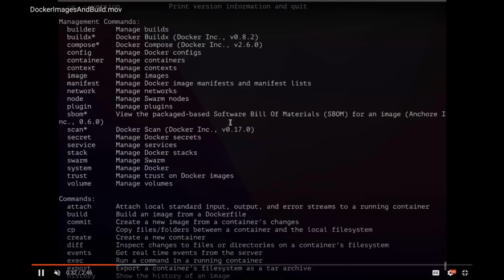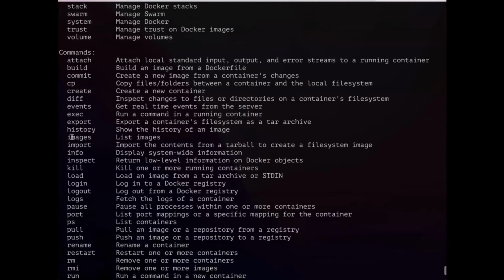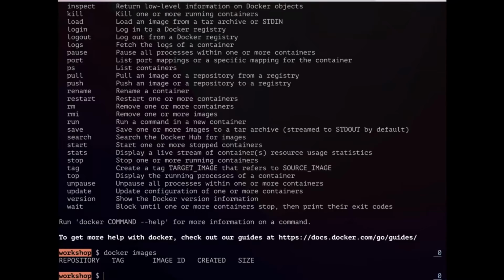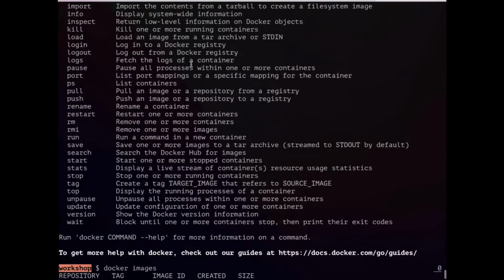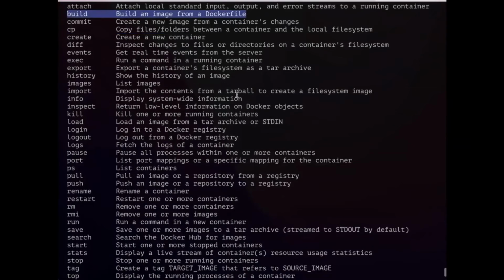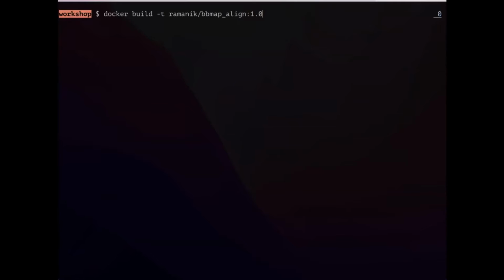And then if you look at the list of commands, you can see there's a command called images, which lists images. Let's try that out. Docker images, and you see that it came up with nothing because I don't have anything on my computer. Let's try to build something with the build command, which builds an image from a Docker file, because we already have a Docker file. The command is docker build -t,